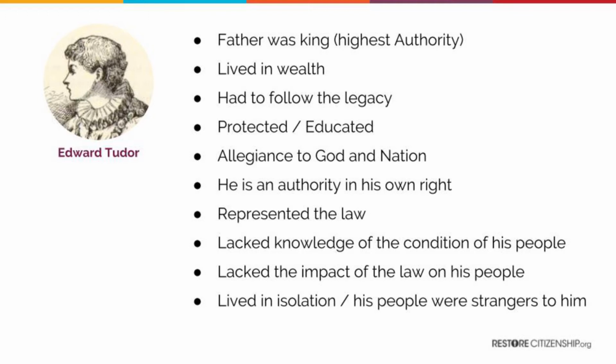He's an authority in his own right. Remember, he was a prince, so he had jurisdiction. He expected his words to be obeyed, and we saw it in the story when he met the person that actually protected him. He represented the law, and we see that everywhere he went within the story, he was trying to get his will to be done. Whenever he met somebody, he commanded them, and he expected obedience.